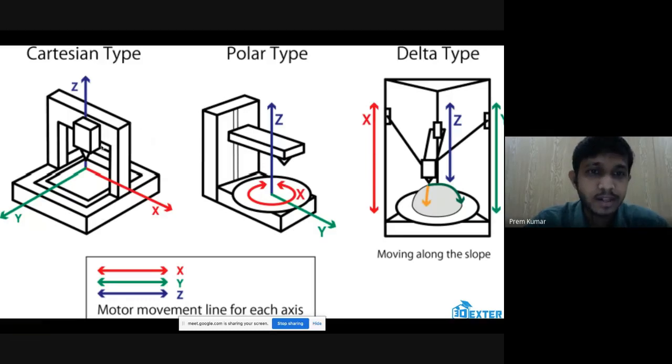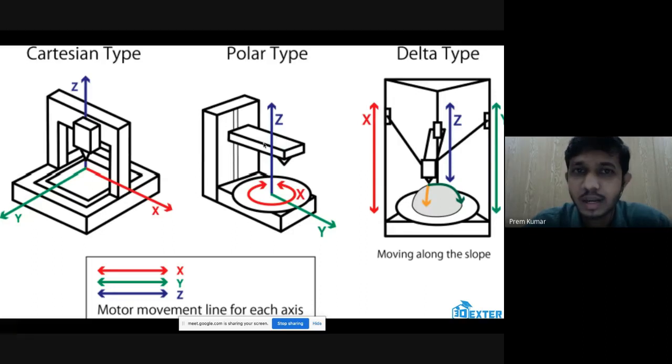If you look at the polar type of 3D printer, you have a circular build platform which is rotating, and there is one arm on which the hot end moves back and forth, making the y-axis movement. And then this entire carriage also moves upward, making the z-axis movement.